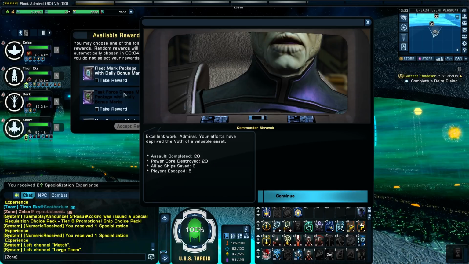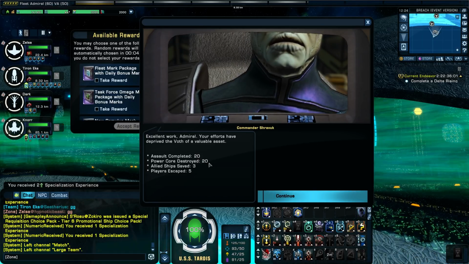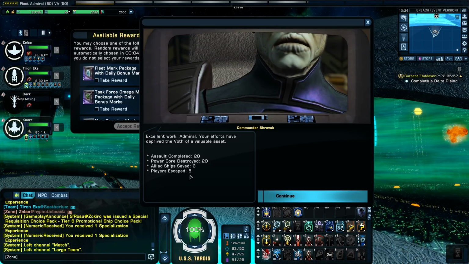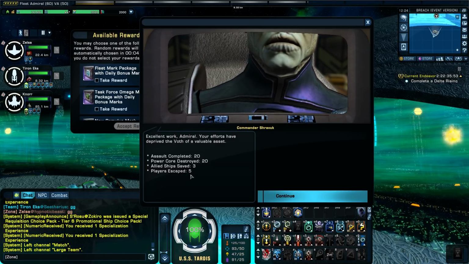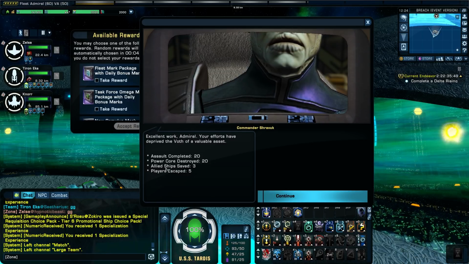Excellent work. Your efforts have deprived So we got the vault of 20 valuable assault asset completed. Power core destroyed 20. Allied ships saved 3. I guess that's good. And players escaped all 5. So I guess the optional hard points don't really matter in this version. That's what I'm looking at here, because it doesn't say anything about...